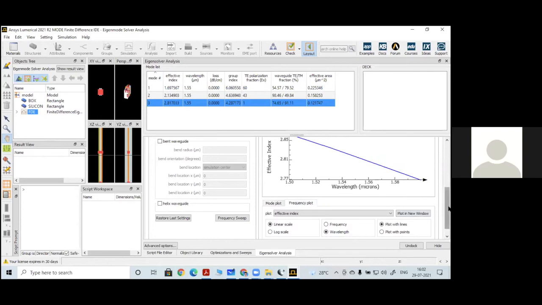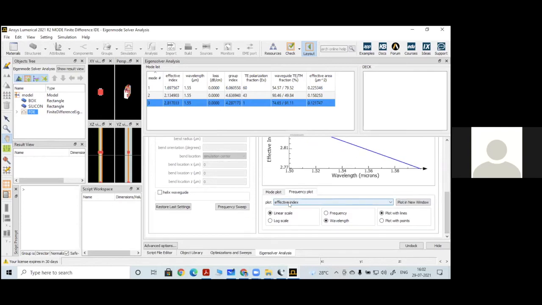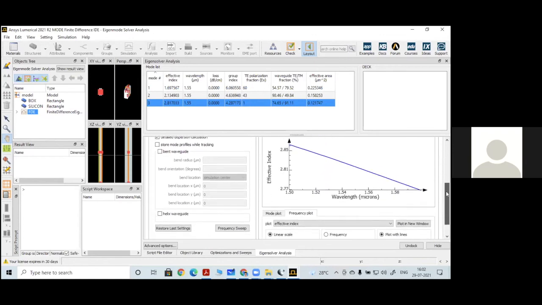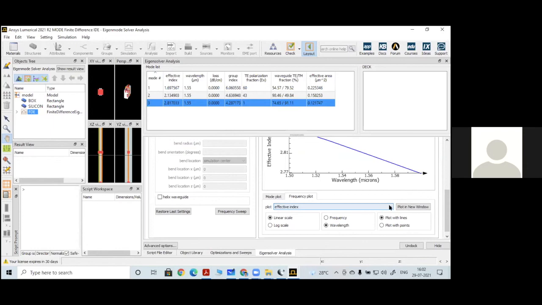Now, the first result shown in this plot is the effective index variation with respect to wavelength. Similarly, like effective index, there are so many other parameters for waveguides or optical structures. You can see one is the loss.